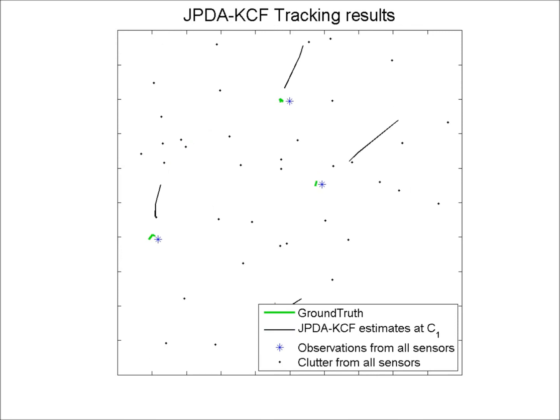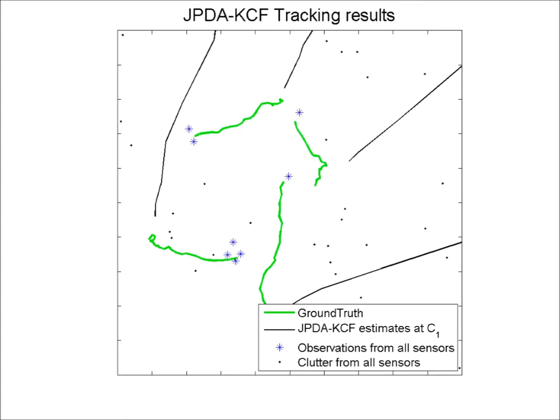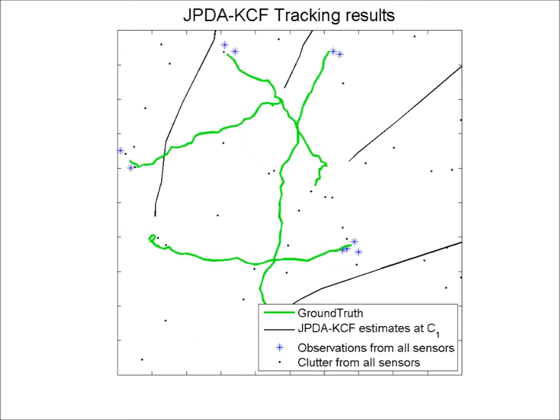Based on a probabilistic data association scheme and the KCF algorithm, an approach called the JPDA-KCF was proposed. This method works pretty well for multiple targets in the presence of clutter, when all the sensors can directly observe all the targets. However, for sensors with limited field of view, this method cannot be used, as can be seen from the simulation. This is due to the detrimental effects of naivety on the KCF algorithm.